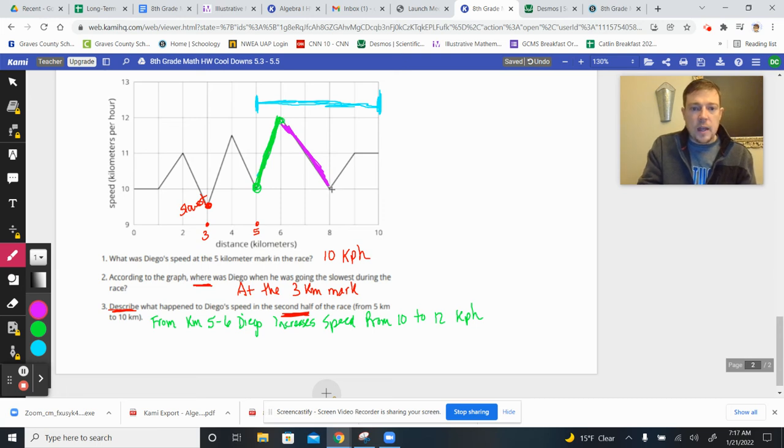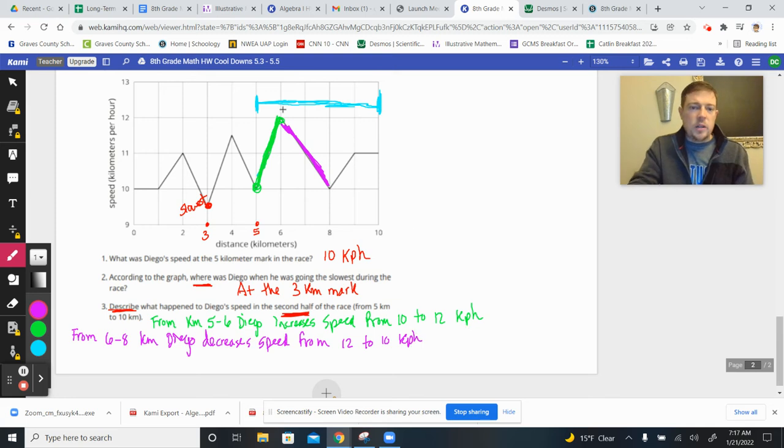But from the 6 to 8 kilometer mark, from 6 to 8 kilometers, Diego decreases his speed, decreases speed from 12 back to 10, from 12 to 10 kph. So he actually goes back down to where he was at the 5 kilometer mark, but he